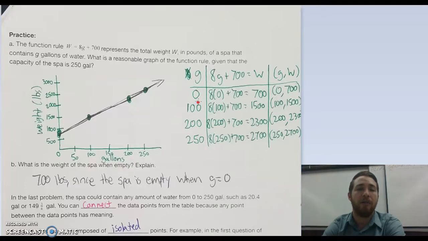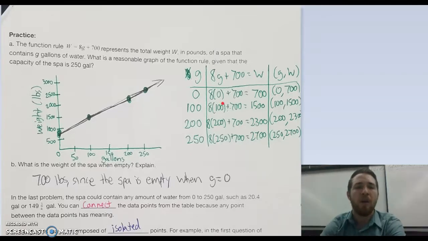And notice I go up here by 100, 200, and I stop here at 250 because it's telling me that the capacity of that spa is 250 gallons. So if I went over that amount, it wouldn't really make sense for my graph. And again, as long as I'm substituting these values as my inputs into my function, I can end up with the outputs, which is what you are looking for in terms of weight in pounds that spa is going to